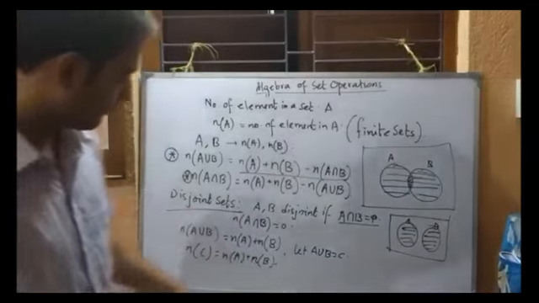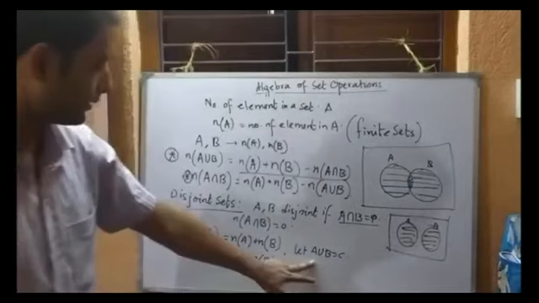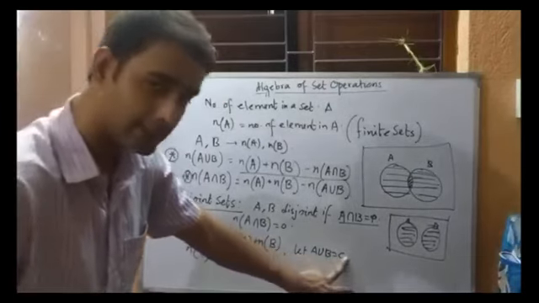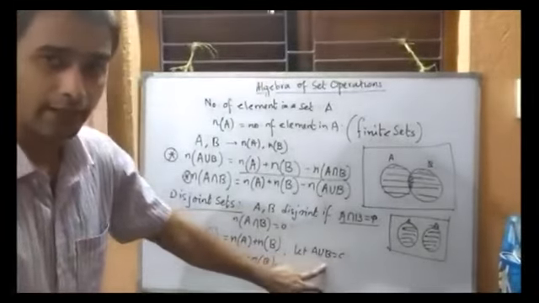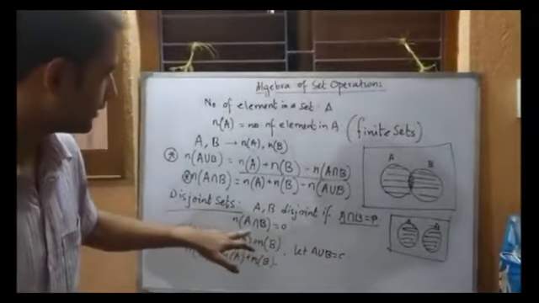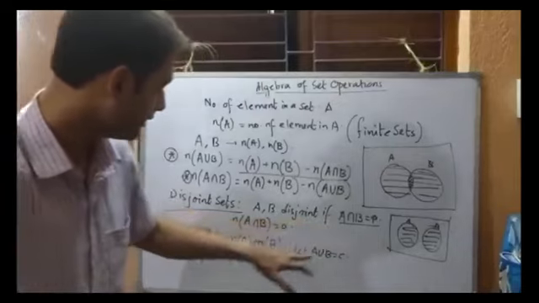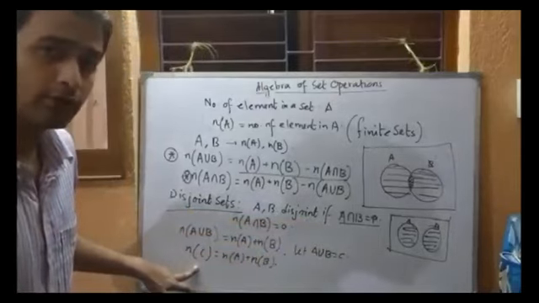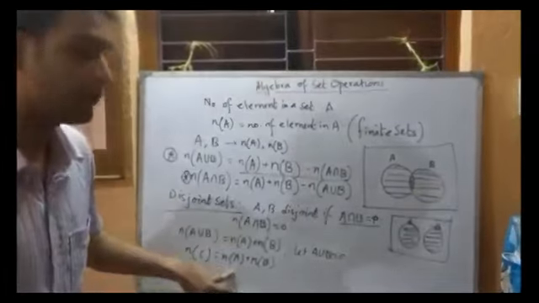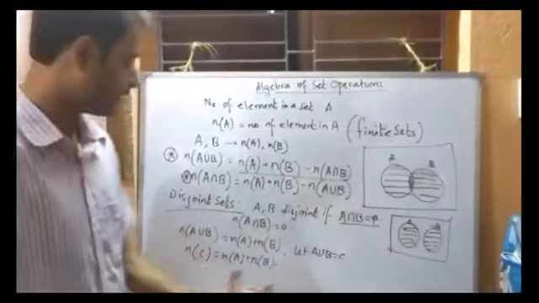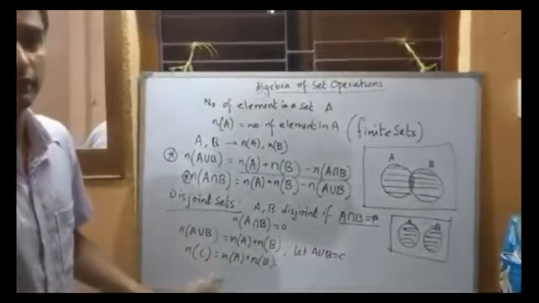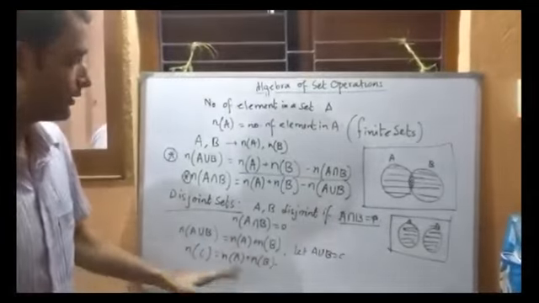So what this is saying is that if we can consider one set, say C, as a union of two sets A and B, where the sets A and B are disjoint, then we can write the number of elements of C as n of A plus n of B. So no intersections will be there. Then we can apply this formula, and it will be easier to find the number of elements in this way.